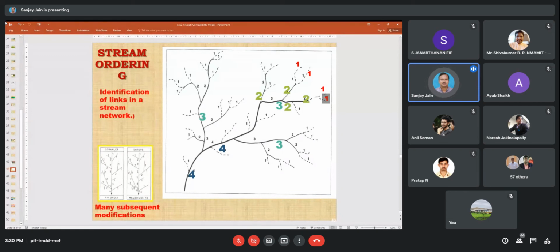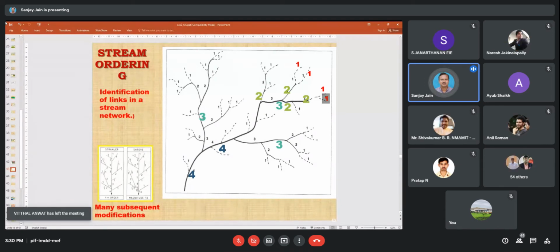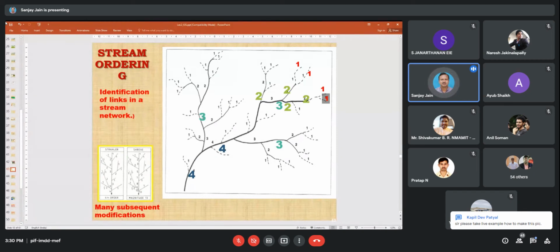So that's what I was saying, that earlier also we were doing the same thing. We were estimating or computing the length of each order manually, sometimes through thread or curvimeter. But once we are using GIS, we can do that accurately and easily. So that is the advantage of GIS. Whatever we were traditionally using earlier, we can do in a better way, faster and more accurately through GIS. Okay, so this way we can create a database in GIS.